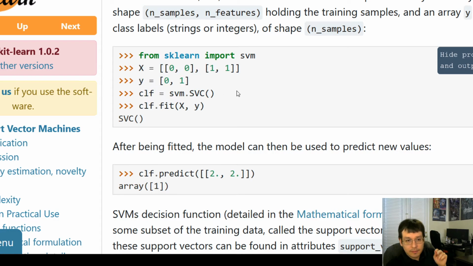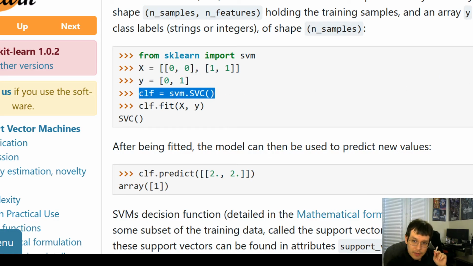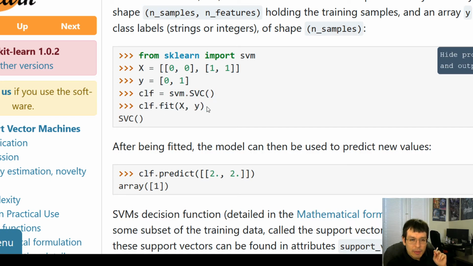input here. Okay, so I guess this is one extra line of code that is not in the instructions there, but you can kind of combine these two. Technically speaking, I could put svm.svc.fit, but the thing is that the model, once it's finished, it's going to be saved into CLF. So that's why they're making the variable first, so that it gets saved somewhere. Okay. So basically, choose the model you want by this line, train the model with this line,